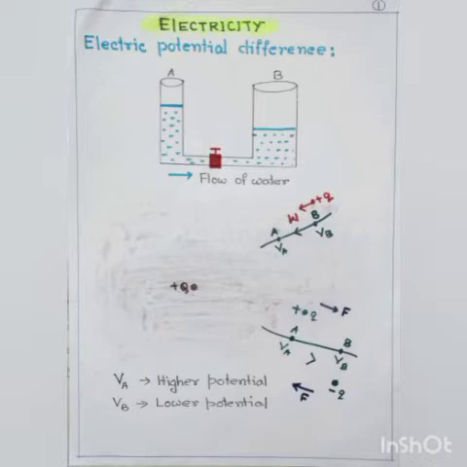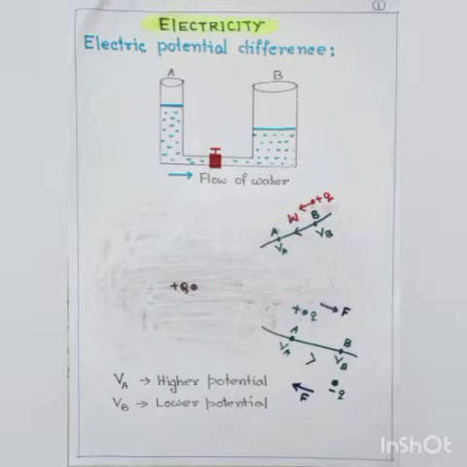Similarly, we will discuss today that in any conductor, if there is electric pressure difference, then electrons in a conductor will flow from a particular region to another particular region. So actually now we will discuss what is electric potential difference; electric pressure difference is also known as electric potential difference. Now see the next diagram.